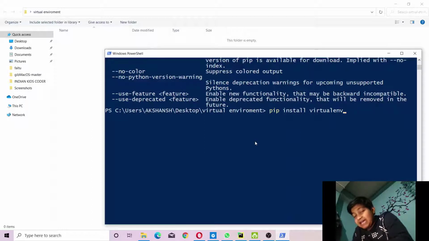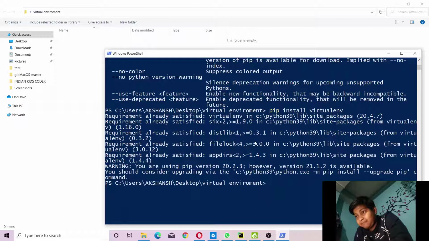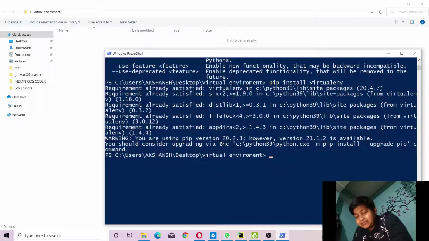As I press enter, it will take time. It's saying already satisfied. Why? Because I have already installed virtualenv, so I will need to uninstall it. I don't want to uninstall it, but for you guys, I have to.